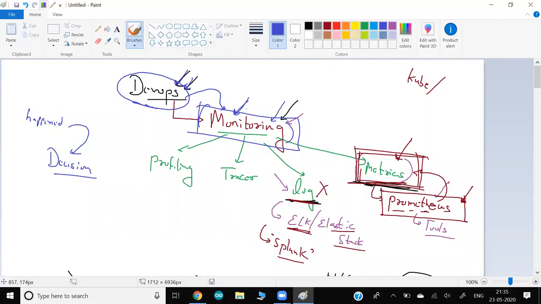Because Kubernetes, you have to launch one time, right? That's all. They'll do their duty. Monitoring is the one thing that you have to do every second, and by using monitoring, we can take decisions. How can we plan for the future? Whatever happens, we collect all the data, we create one report, and from the report we might give it to our data scientists, machine learning guys. They will predict what will happen in the future. Accordingly, they can plan your infrastructure, and there are tons of things you can do.